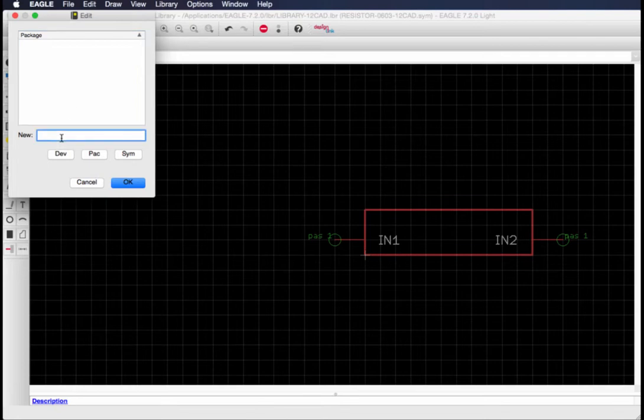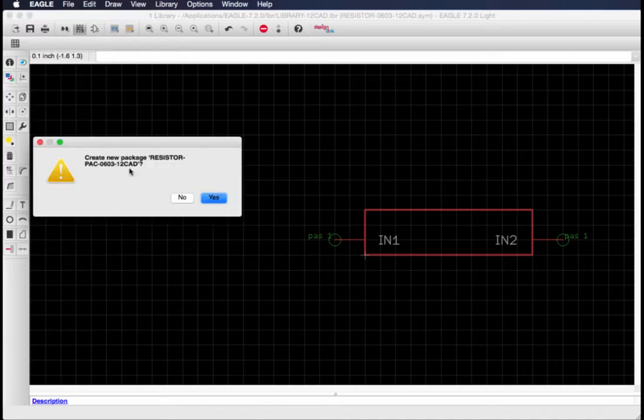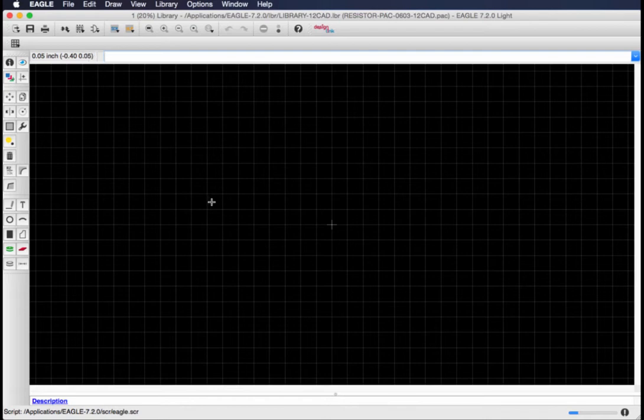and since we have no packages, we'll create our own package. We'll call it the resistor pack 0603 12 cat. You can name it whatever you'd like, and we'll click OK. And we want to create a new package. Yes. And now we have a window that looks very similar to the other one, but we have some more